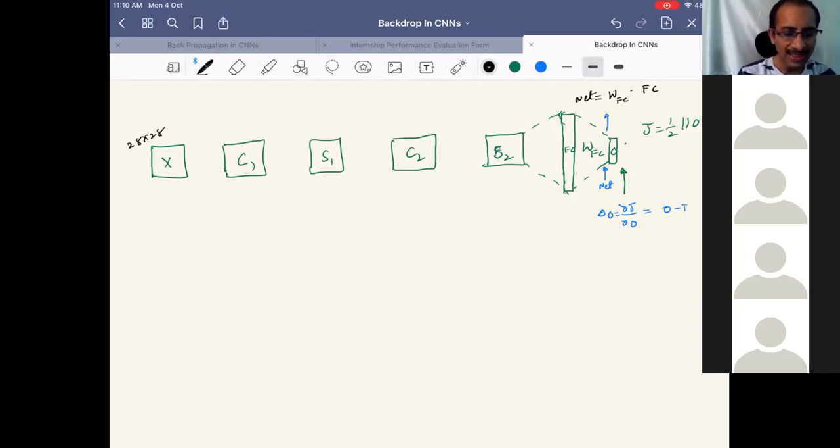At the first convolution layer, how many maps are there? Assuming that the kernel is 5 cross 5, and we have 6 kernels of that sort, what are the dimensions of the first convolution maps? 24 cross 24 cross 6. We have 6 maps. And then here only the subsampling layer, and hence the dimensions are 12 cross 12 cross 6.